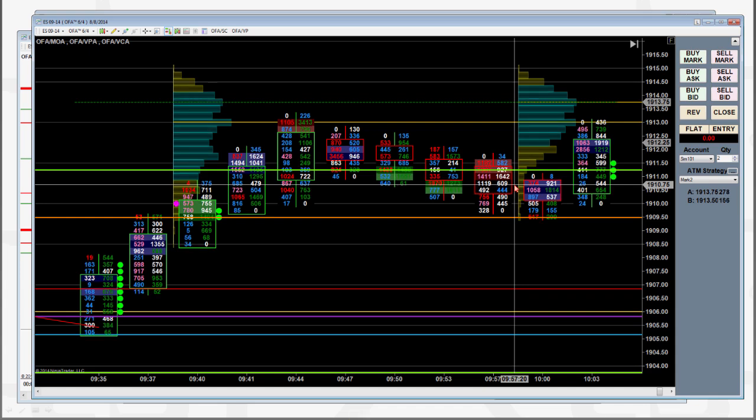So that's what I consider initiative and responsive in the overall auction. It's just one of those things, I hate to say it this way, that takes time in the context of the overall auction to see. Now, from a scalp standpoint, if you're looking to scalp, then the tool within OFA works really well in terms of initiative and responsive buying and selling. But in the overall auction,